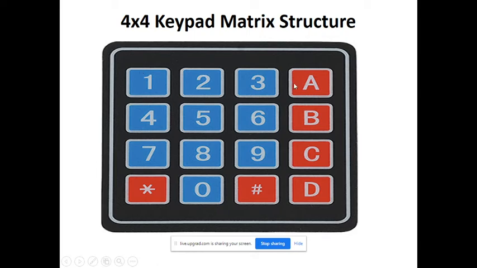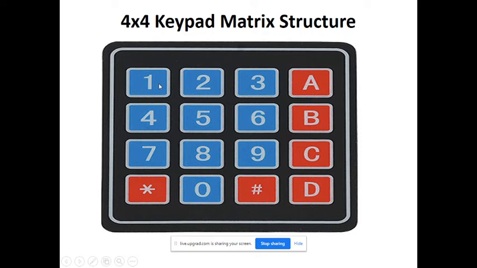Now there are 4 columns and 4 rows. For each combination, first row and first column number is 1, first row second column number is 2, first row third column number is 3. In this fashion, first row fourth column is A. These are the keypad keys.